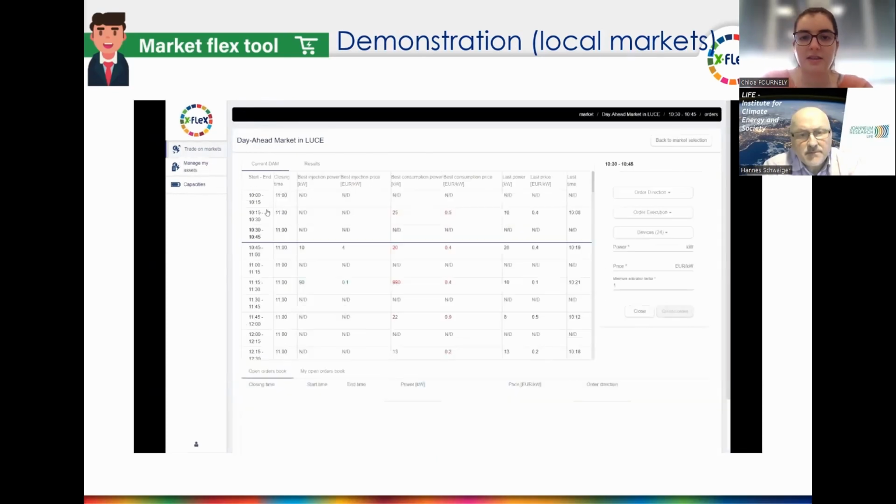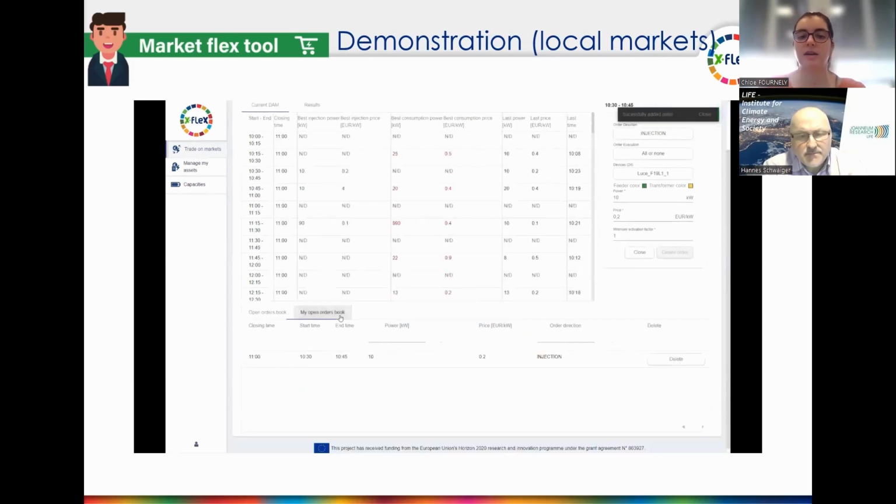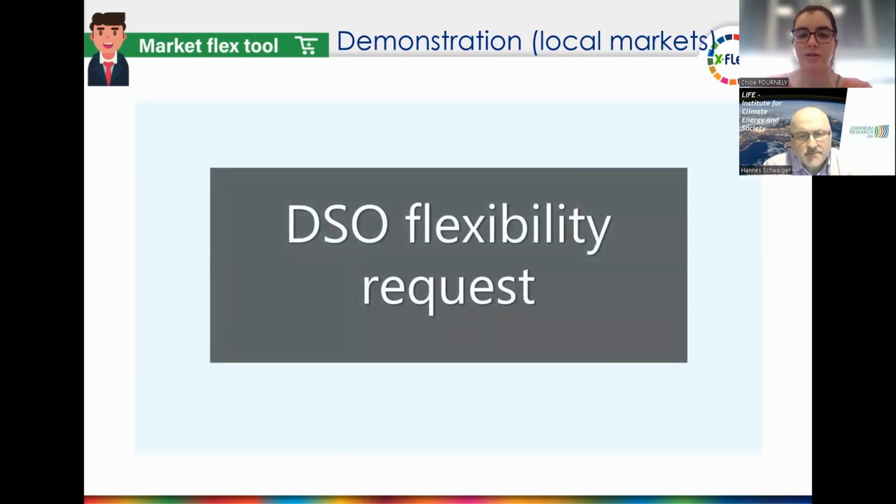And as you can see, you select the period of the day, it's 15 minutes long. I select one of the units that I own. I can know what is the different traffic light signal within the feeder and the transformer my unit is connected to. I give the power I want to use, the price for it, so my willingness to pay. And I just create it. I send it to the market, and the market will gather all the bids for this period and will do the results.